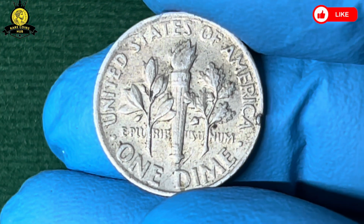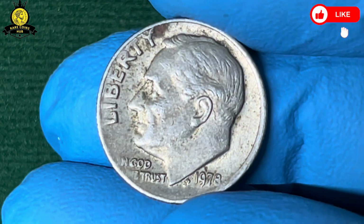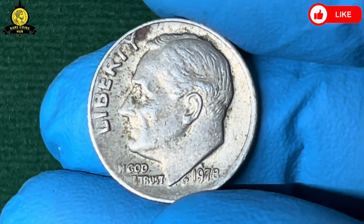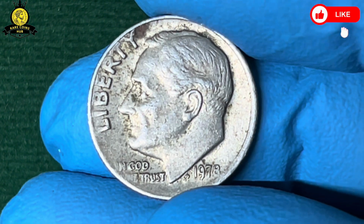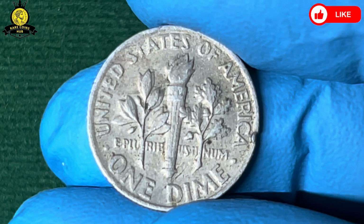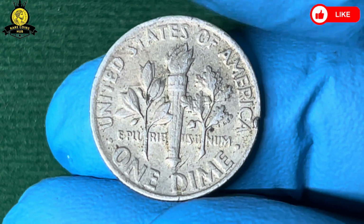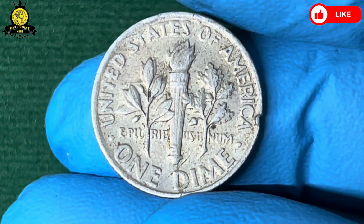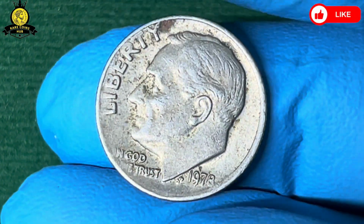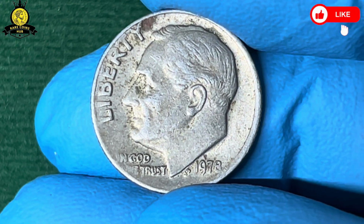In terms of its minting, the 1978 one-dime coin was produced using the copper-nickel-clad composition that became standard for U.S. coins after 1965. This was a significant departure from earlier dimes, which had been made of 90% silver. The change was prompted by rising silver prices, which made it increasingly expensive for the mint to continue producing silver coins. The new copper-nickel-clad composition, while less valuable in terms of raw metal content, allowed the mint to continue producing